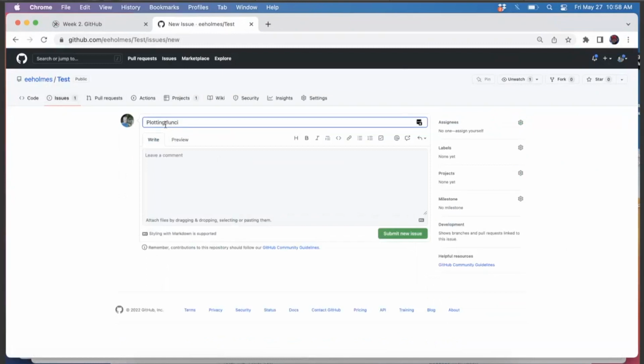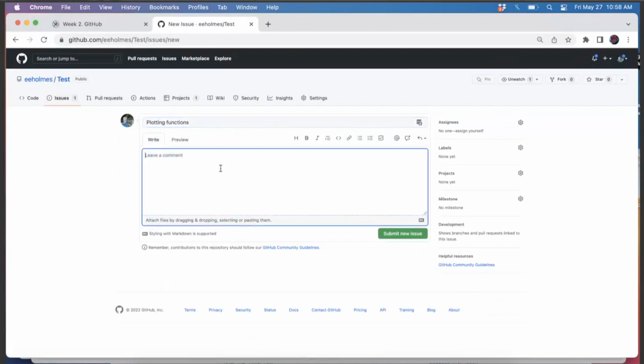Okay, so I have an issue where I want to create a whole bunch of plotting functions, and I'm going to use this to say plot add, oops, and then plot subtract. So these are, let's say, two functions that I want to write. So I submit that,